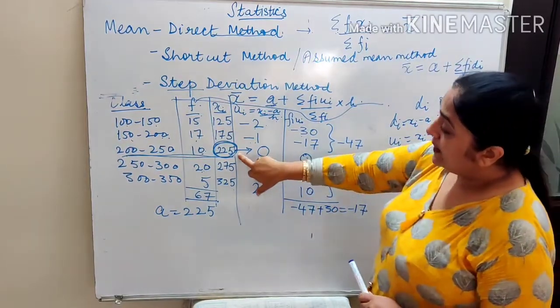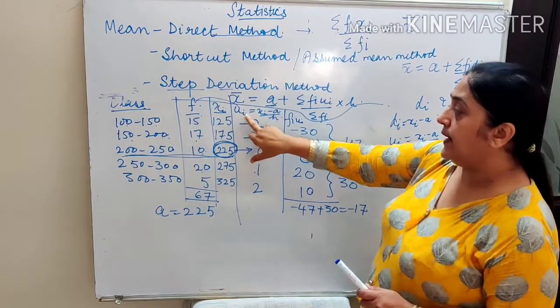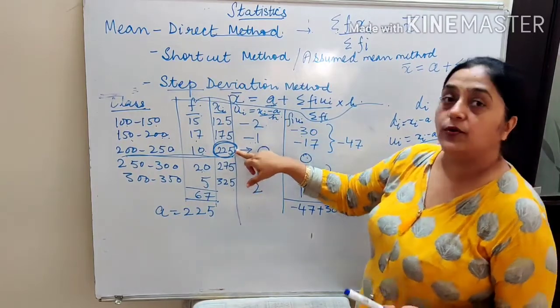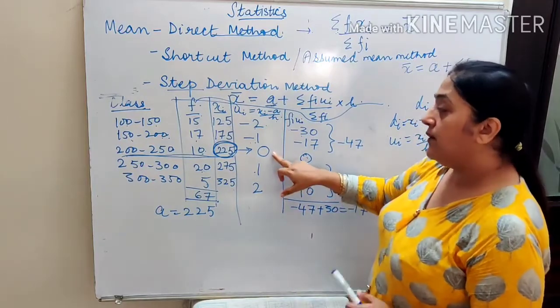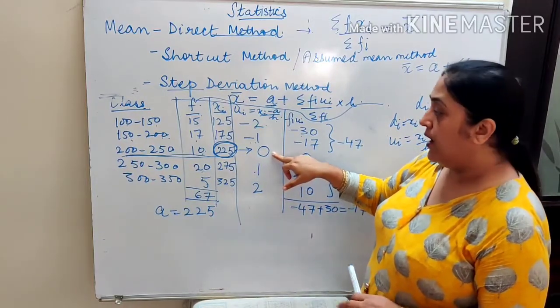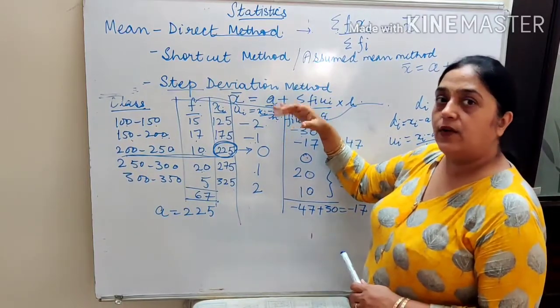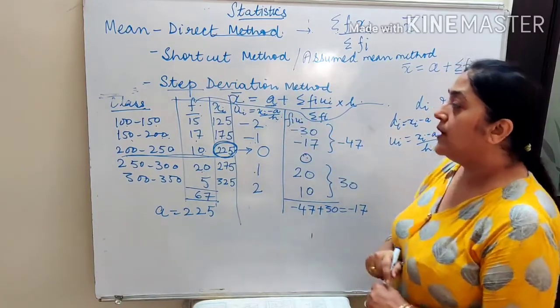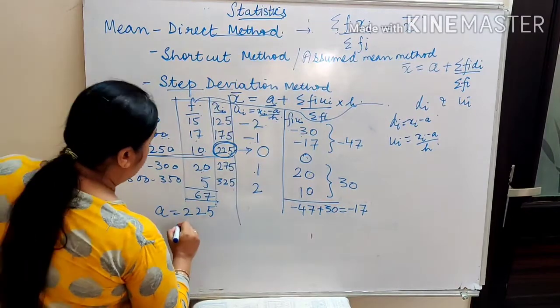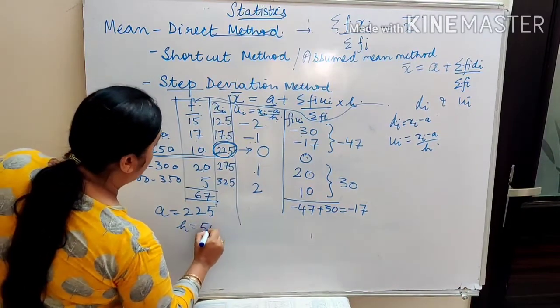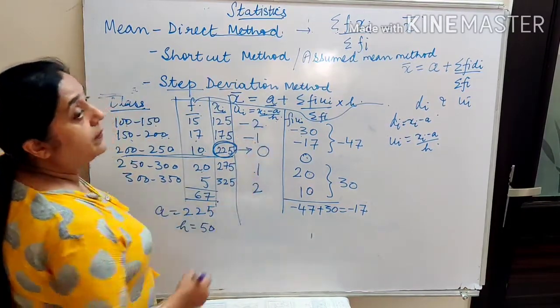Right? तो जो middlemost value है उस केस में आप कैलकुलेट भी करोगे xi माइनस a है तो 225 माइनस 225 comes out to be 0 automatically. तो you will write here 0 और फिर जो उसके ऊपर है that will go to -1, -2. क्यों? Because यहाँ h कितना था? h is constant. Class interval is constant. So while doing the calculation automatically you will be getting this.